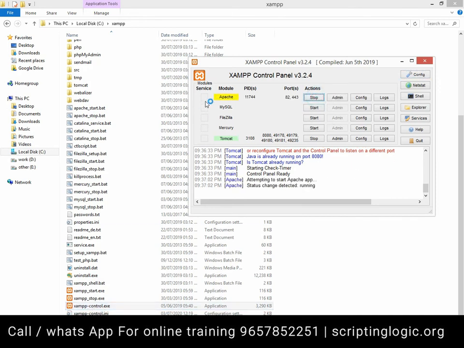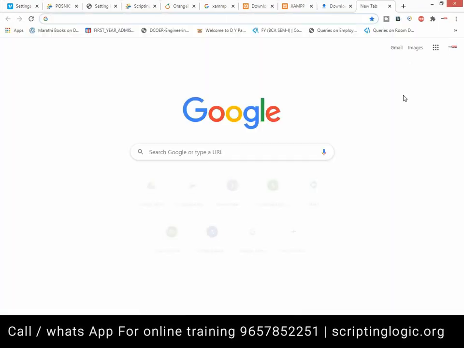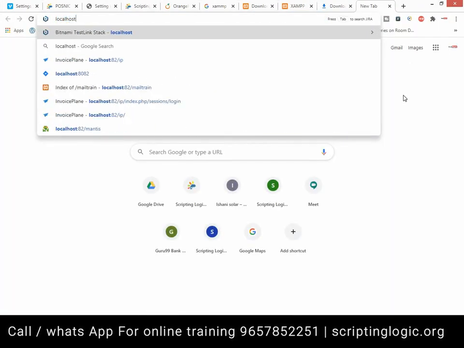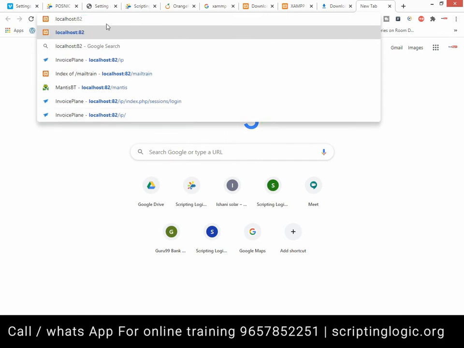Once it turns green, it means that it is started, right? So now you have to simply put localhost here. You have to just say localhost, but since I have another port, that localhost is actually in use, so I need to put :82, but you may not need to put this :82. Just in case you face a problem, let me know, I'll resolve that.